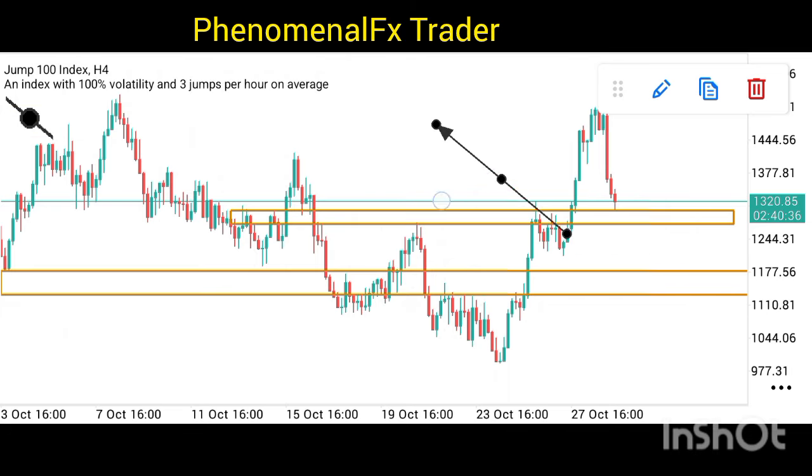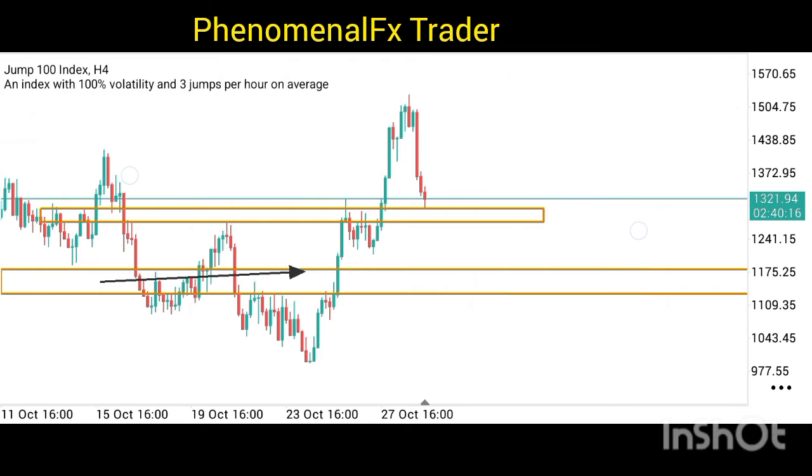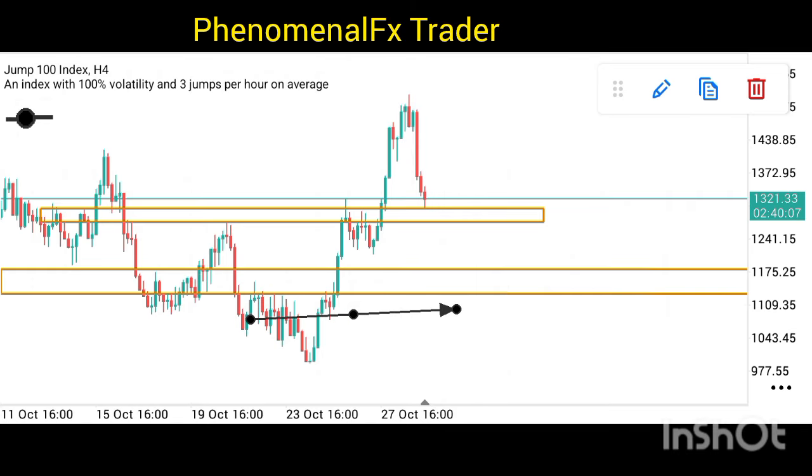But based on what we have on the daily time frame, we are expecting the market to get down to this zone before it buys, and we have a fair value gap here that can possibly drag the market down to this level. So what I want us to do is to just keep an eye on how the market reacts around here. All right, but if the market comes down to this zone right here, one moment guys, let me get this outline. Okay, good. So if the market comes down, does not give us any confirmation that it's going to buy from here,